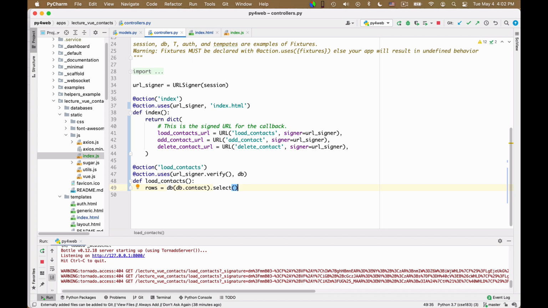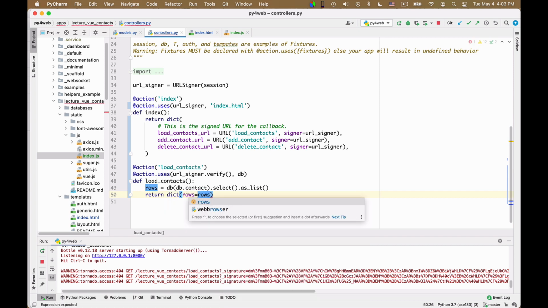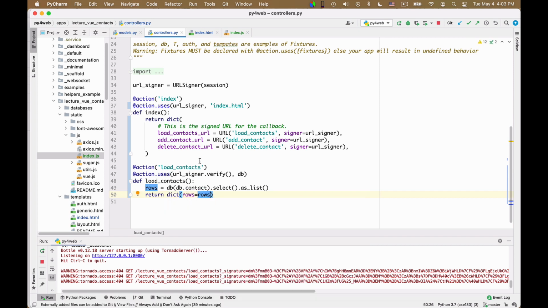You can add this logic if you like, but here I'm writing it in a simpler way. I'm essentially disregarding to whom these contacts belong, just to be faster when I develop the example. And not only do I generate all the rows, but I generate them as a Python list. Once I do this, I simply say return a dictionary of rows is equal to rows. I always like to return a dictionary.